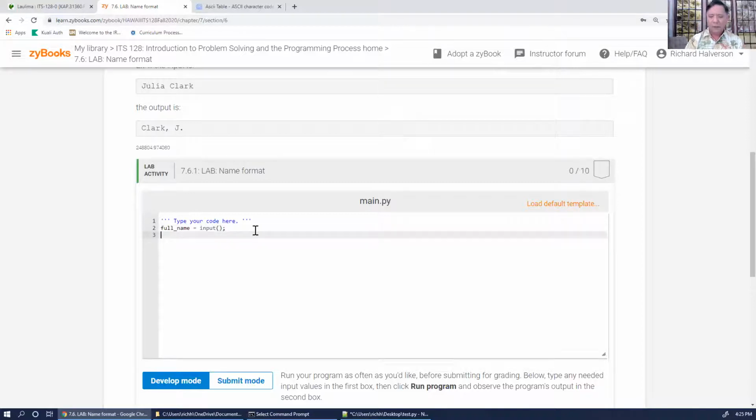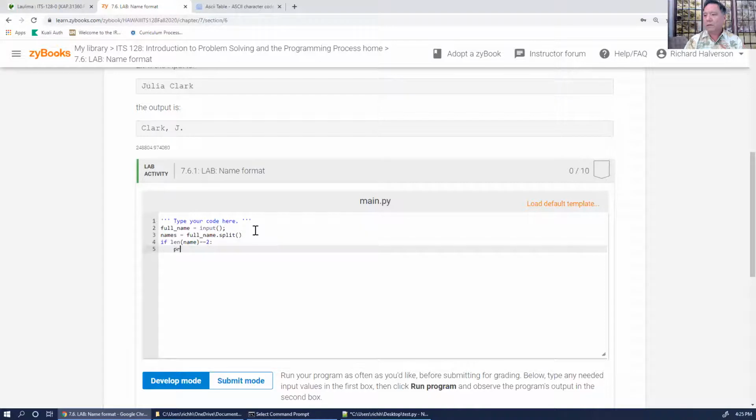And I'm gonna say names equals full name split, just like that, default space. Then I'm gonna do, what's the length of names? If length of names equals 2, then